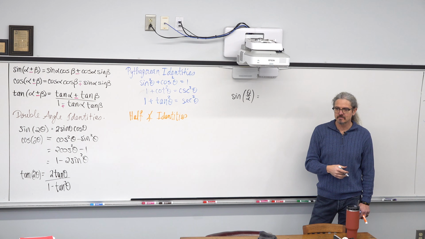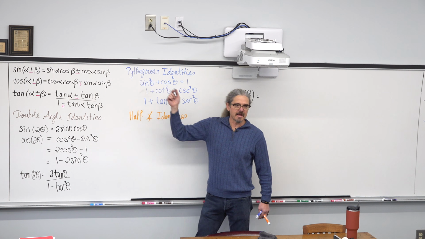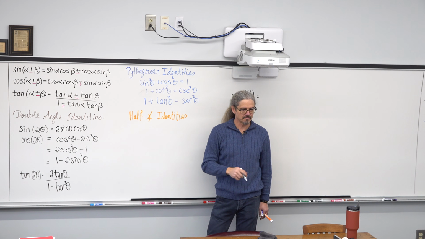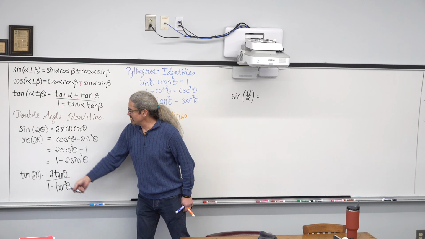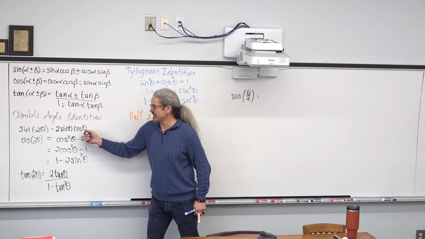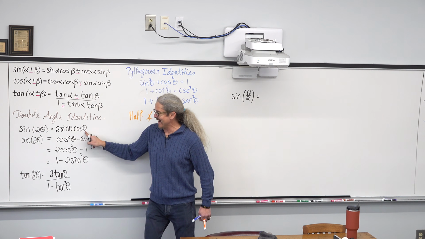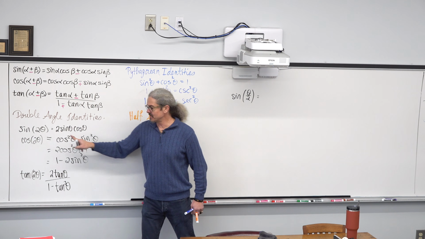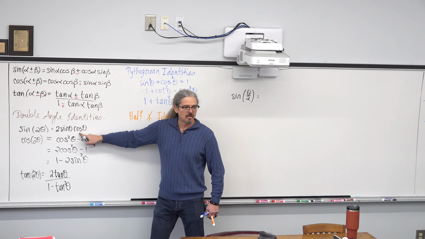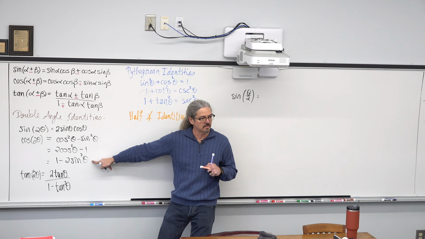Do we already have an identity over here that has angles and other angles that are half as big or twice as big? The sine of 2 theta. Yeah. The sine of 2 theta is equal to 2 sine of theta cosine theta. So this angle 2 theta is twice as big as these. Or these angles are half as big as that angle. But this is not a desirable identity to start with because you've got sine and cosine hanging out together. So how about this identity?